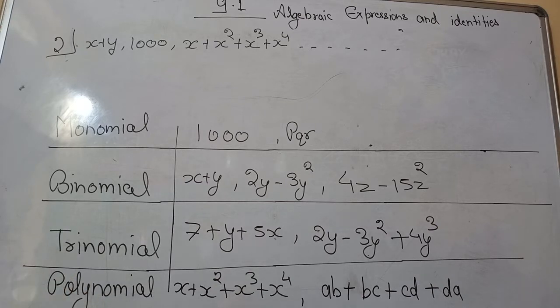Polynomial. Okay, what is polynomial? The expression which cannot be categorized into monomial, binomial, or trinomial. That particular expression lies in the category of polynomial. Like see, how many terms are here? 1, 2, 3 and 4. So 4 does not belong to any of these categories, so it will go in the polynomial category. That also, AB plus BC plus CD plus DA. In this expression also we have a total of 4 terms. So this will also lie in the category of polynomial. Okay.